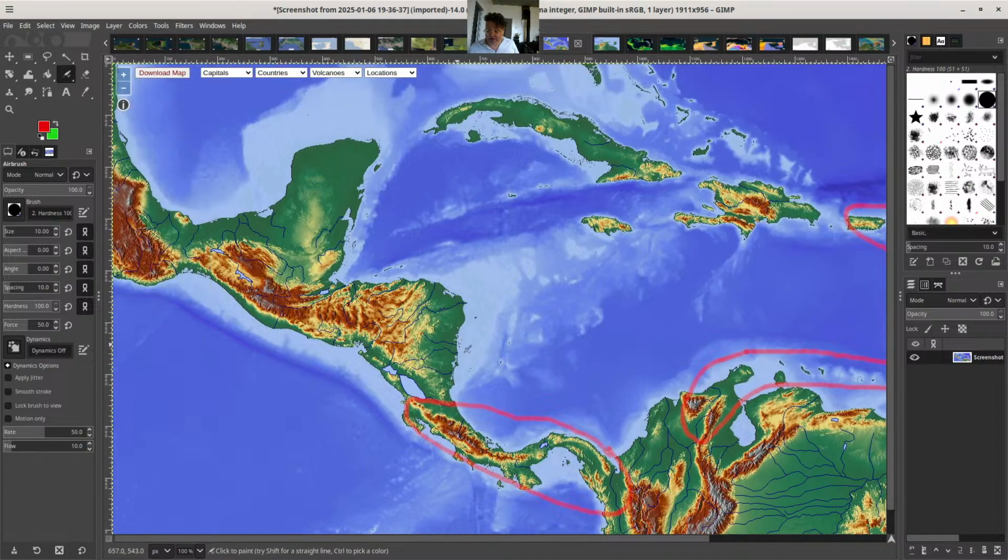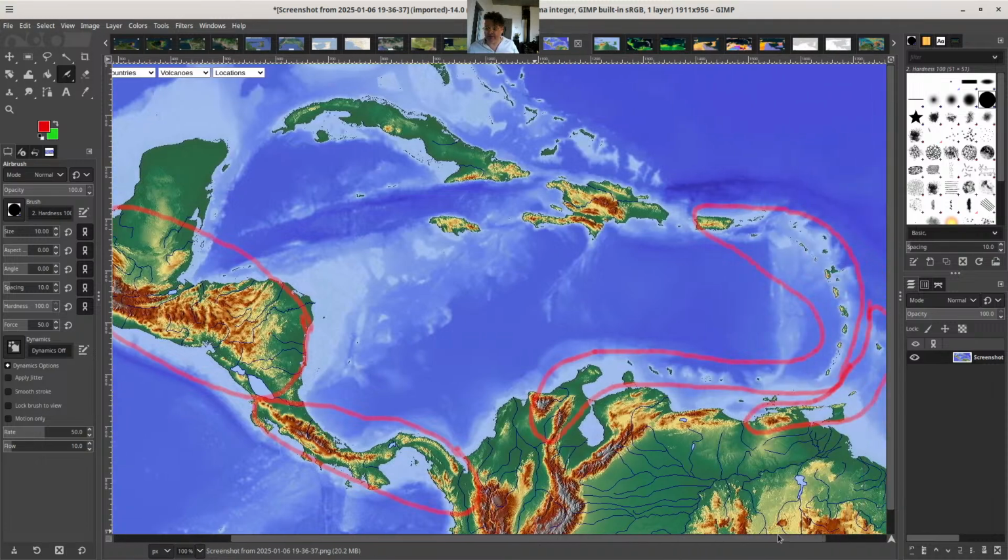Even heading into Central America, you see this separation between Mexico and the rest of Central America based on those mountain ranges. So it might give you a new interpretation of what's going on, as well as how flat Trinidad and Tobago is, almost like Cuba actually. So that's an interesting point, just looking at the similarity between Cuba and